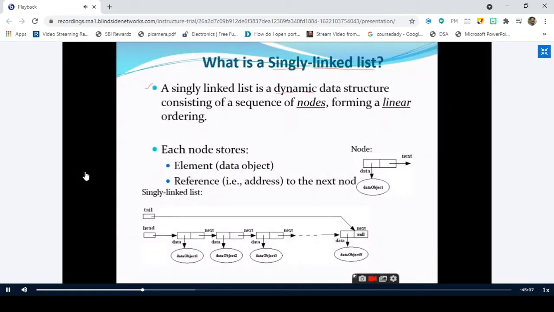So in order to avoid the wastage of memory, and in order to allow the programmer to change the memory dynamically, that means to increase the memory or to decrease the memory, we can go for the dynamic memory.